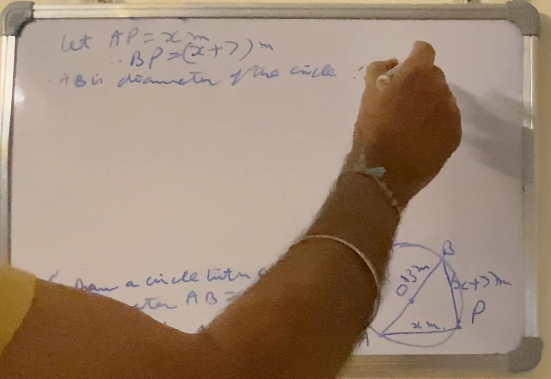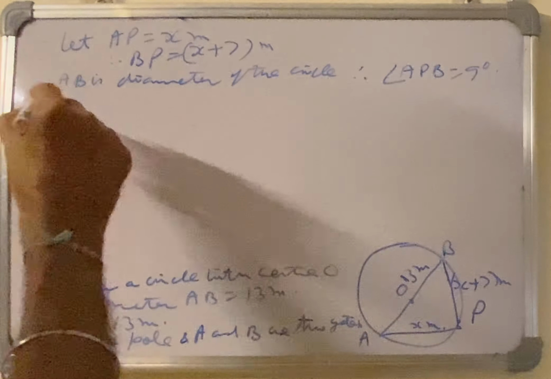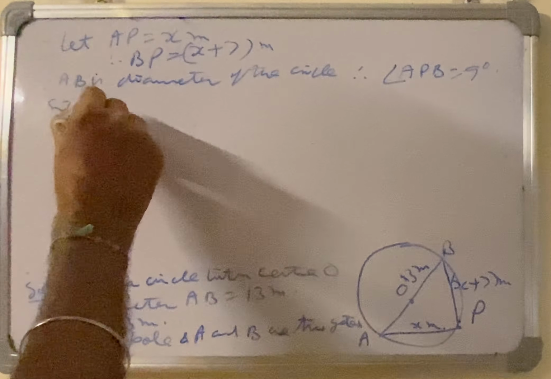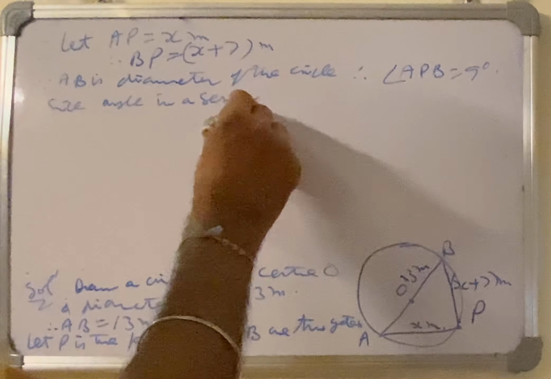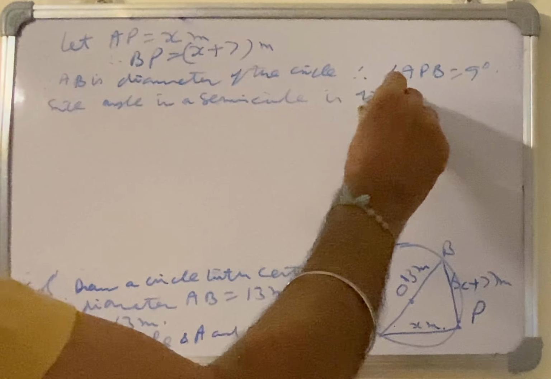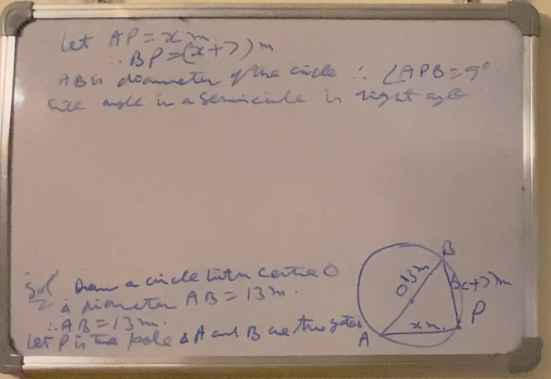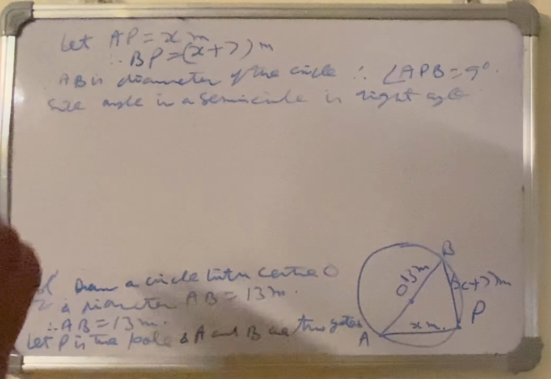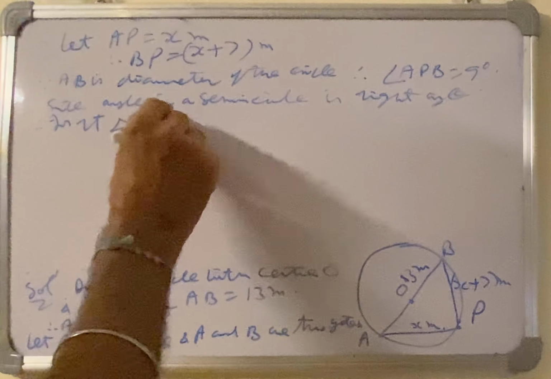therefore angle APB is equal to 90 degree, since the angle in a semicircle is a right angle. As you can see, AB is the diameter, so this is a semicircle, and P is a point on this semicircle APB. So angle APB is 90 degree. Therefore, in right triangle APB,